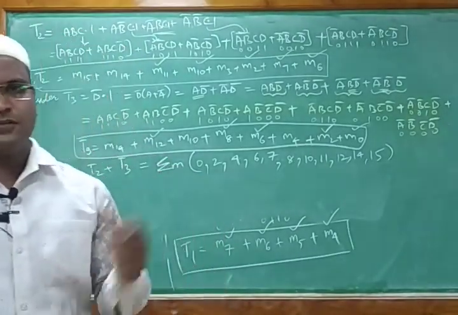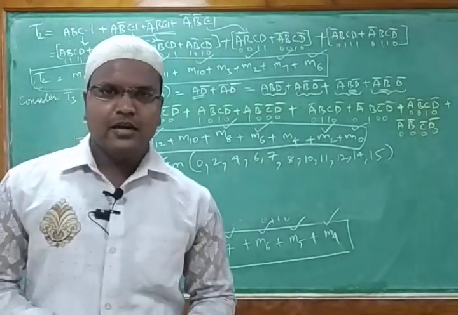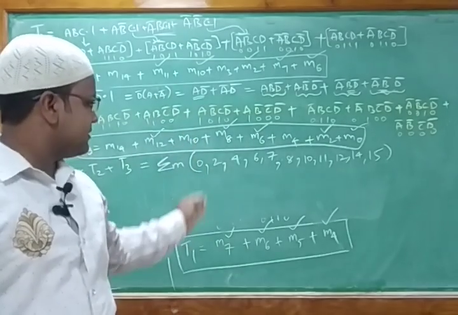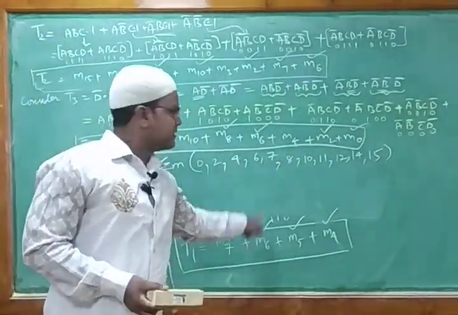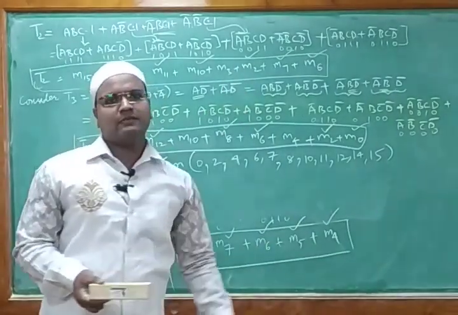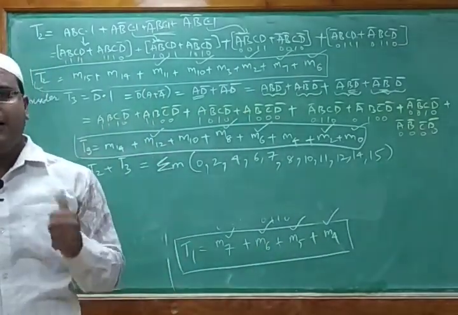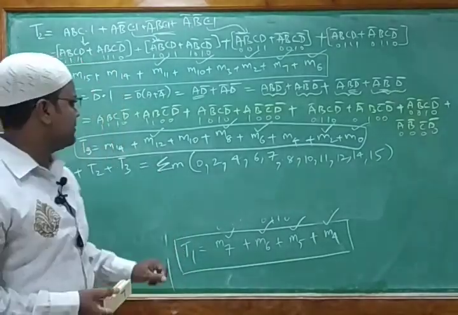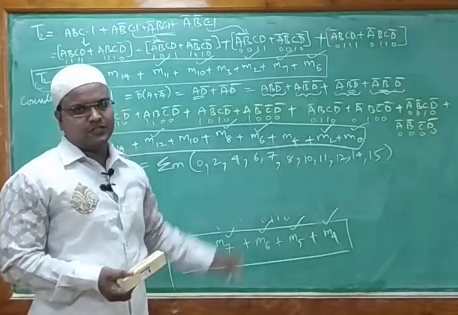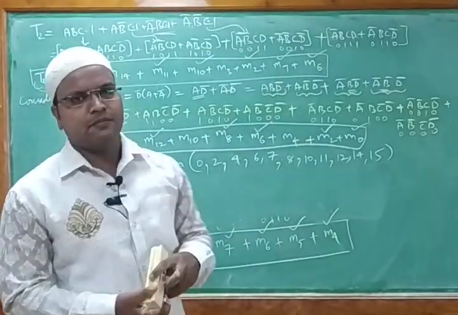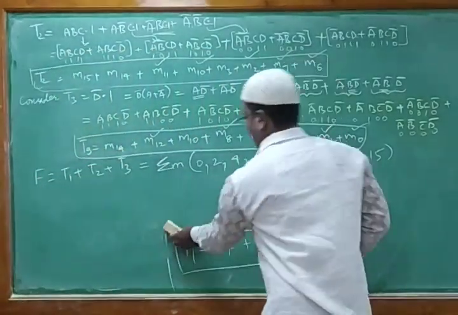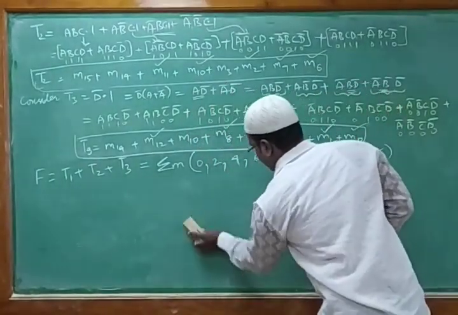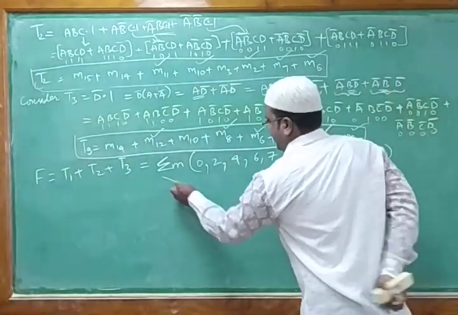So what is the conclusion of doing this problem? We can conclude that if the bits are repeating, like you can see, M6 is everywhere. Term 1 has M6, term 3 also has M6, term 4 also has M6. We will not repeat it multiple times; we write that particular function only once. That's the reason we mention it only once. So next, we will draw the K-map for 4 variables.